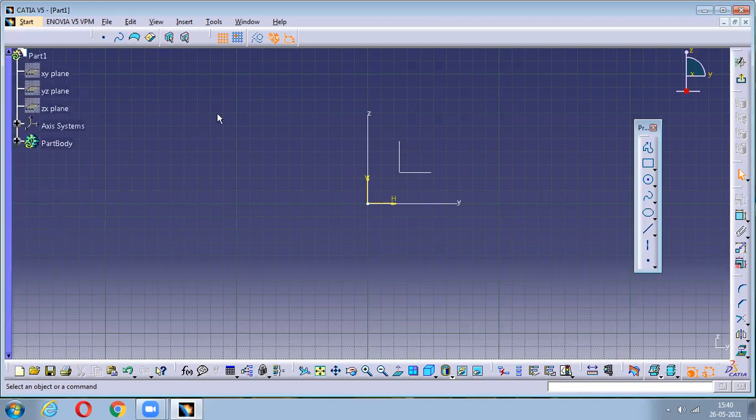Now to zoom in and zoom out in this particular area, what you have to do is, see, I'll tell you. To zoom in and zoom out on the sketching screen or any part modeling screen, click and hold the cursor click. Just press and hold, and you can notice the arrow mark will turn into a plus mark symbol.